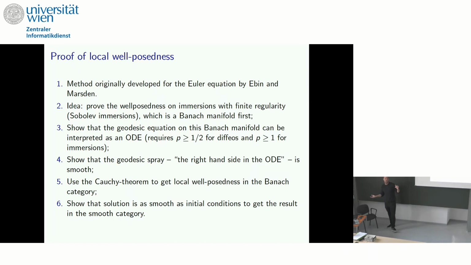Are you done now? Not completely, because you want to show smoothness for smooth initial conditions. I mean, this is what we often want for PDEs. So why does this work then? Because there is what is called the Ebin-Marsden theorem, or the no-loss, no-gain theorem, which also applies to this setting, which tells you if you solve certain PDEs that have a certain invariance property, then the solution stays as smooth as the initial condition. And so now you can use this to transport your result back from the Banach category to the Fréchet smooth category.